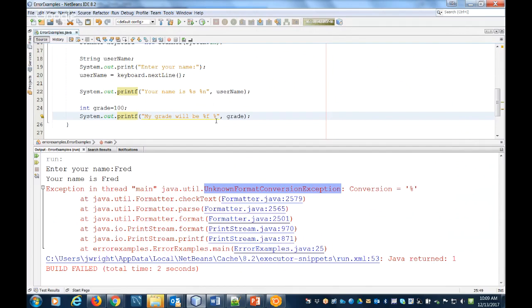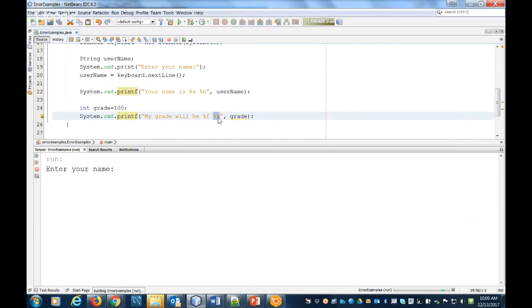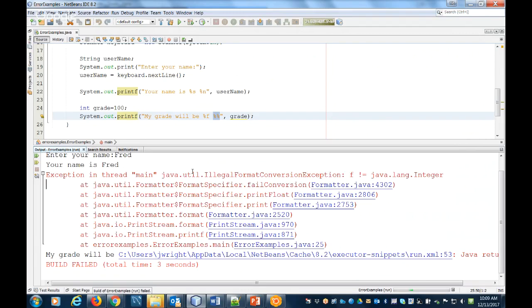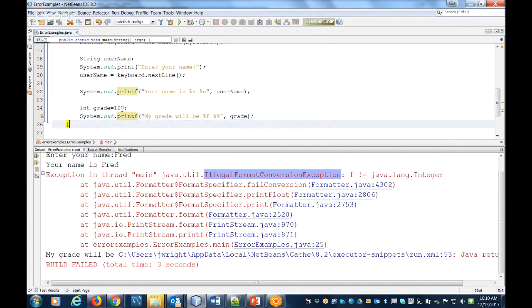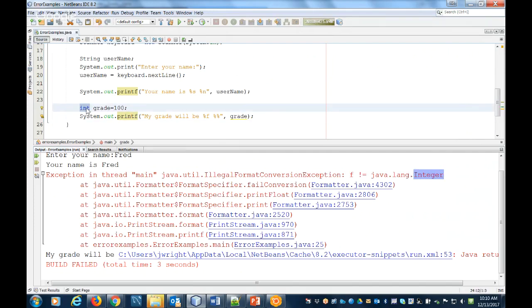It's not a placeholder. Now, if I wanted to show a percent, because I was trying to show my grade, the way you do it is you actually say %%. And then it's going to cause one more error. In this case, we got the IllegalFormatConversionException again, so it's no longer the previous one. The issue here now is it says f, which is a floating point number, is not compatible with an integer. So if I changed my data type here to double,